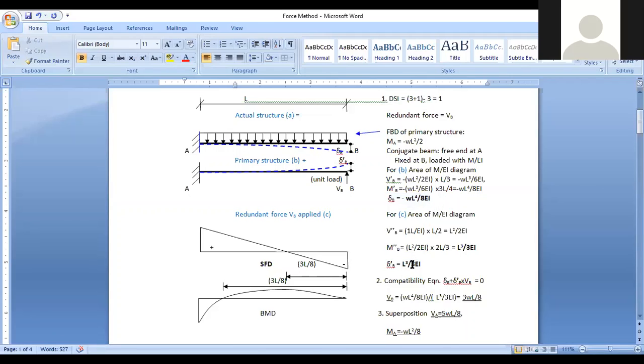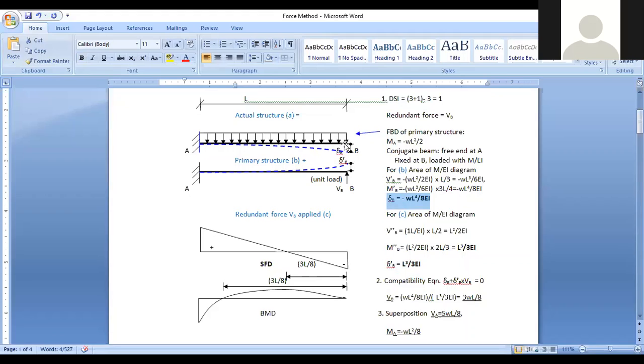When we used to draw the BMD diagram or M over EI diagram, we used to draw it in the downward direction only, so we used to neglect the negative sign at that time. We had it in our mind which is the positive direction and which is the negative direction. Whether you draw M over EI as positive or negative doesn't make much of a difference, as long as you know the force is acting in the upward direction. If the force is acting upward, what do you expect for VB? Positive deflection. So delta B dash is positive, and that is why I have considered delta B dash as positive, and here I have considered negative.